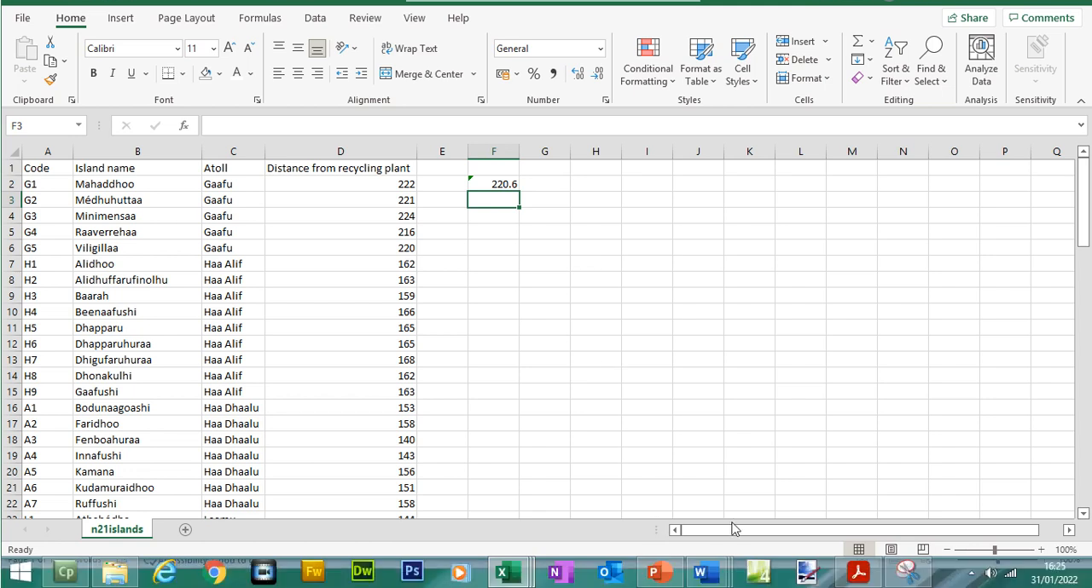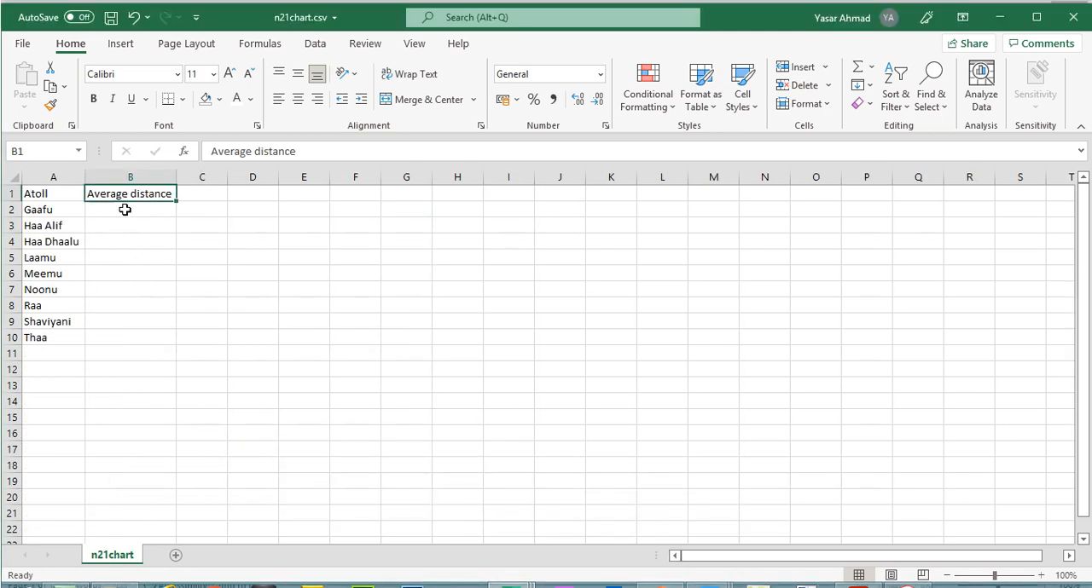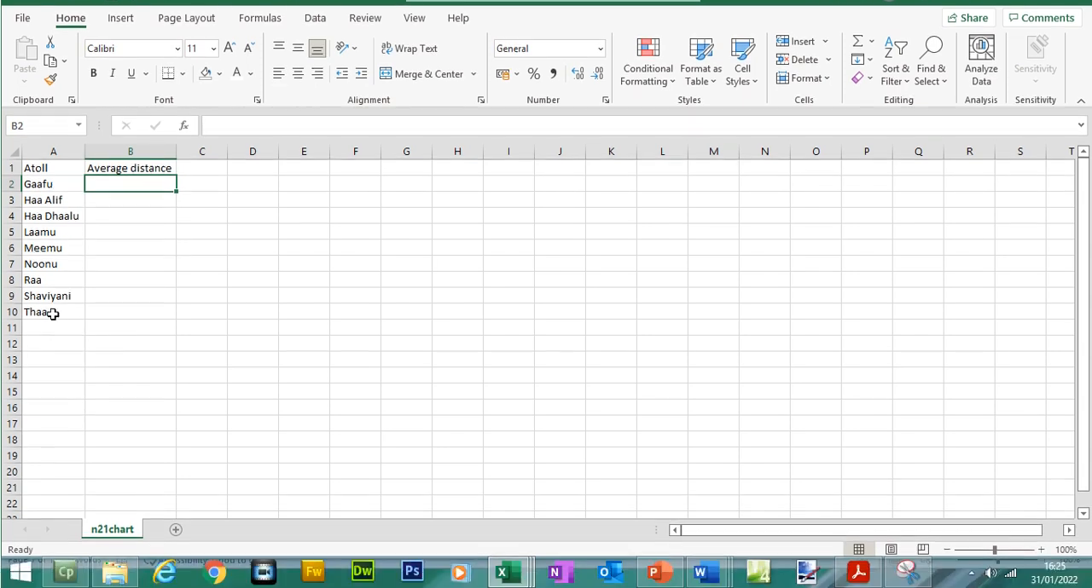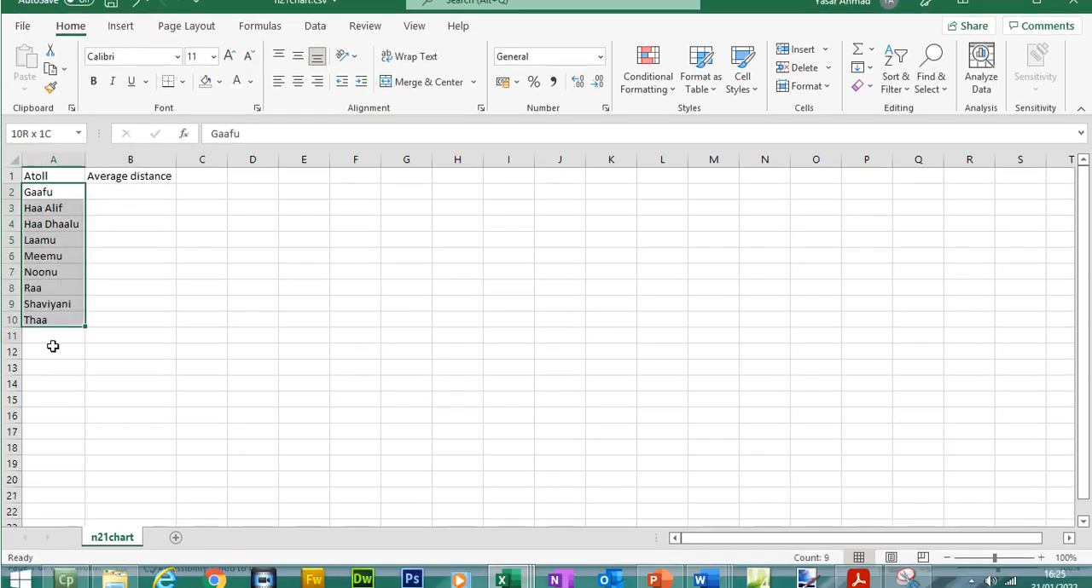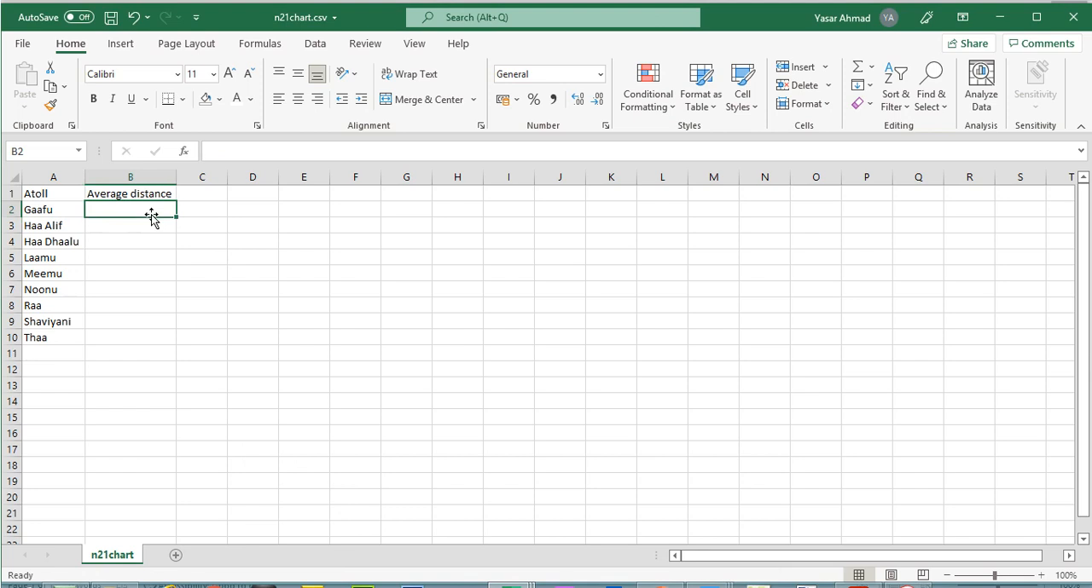I'll delete it later. What we want to do, if I go back to this table here, is to work out the average distance for all of these atolls, regions. So we need to use an average if, which is very similar to a sum if. It's where we use the criteria. The criteria is going to be from this column here. So if I type in, first of all, average if,